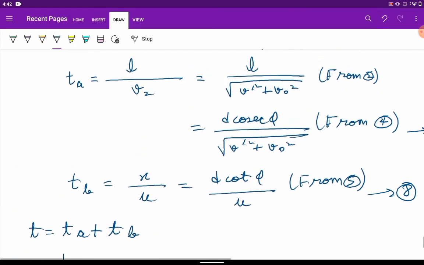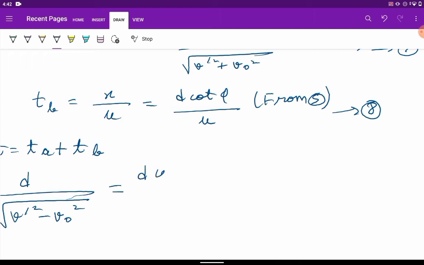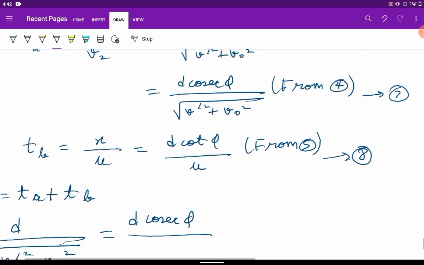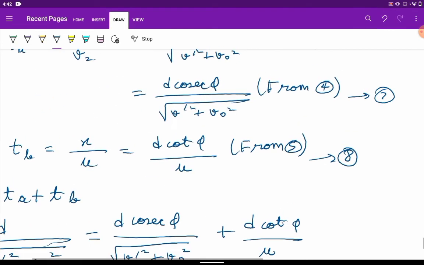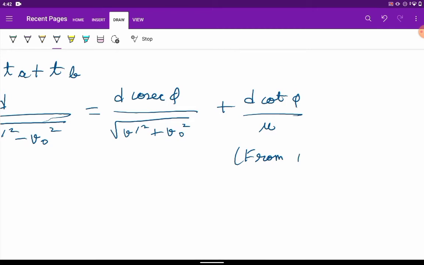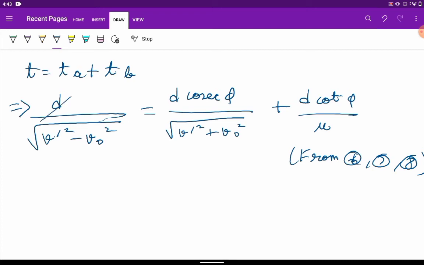What is ta? Ta is d cosecant phi divided by root over v dash square plus v naught square. What is tb? d cot phi divided by u. So now this is from equations 6, 7, 8. Now as we know here, d and d cancel out. Alright, and we already know that